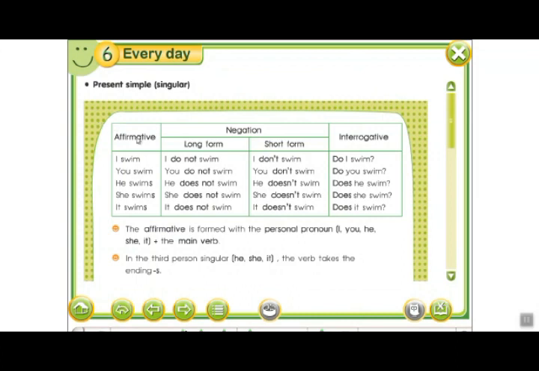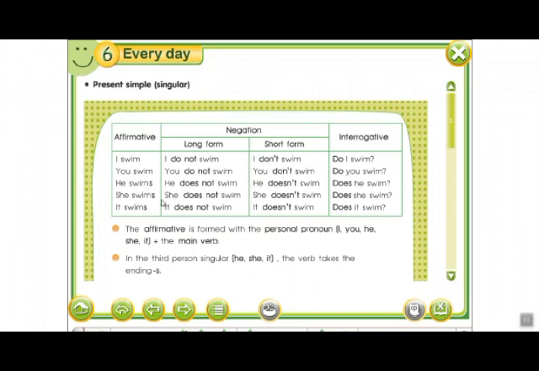In the affirmative, we say I swim, you swim. So the verb here doesn't change. But in case of he and she and it, we add an s to the verb. So he swims, she swims, it swims. So the same for the other verbs. We say I read, you read, he reads, she reads, it reads. I write, you write, he writes, she writes, it writes. I play, you play, he plays, she plays,